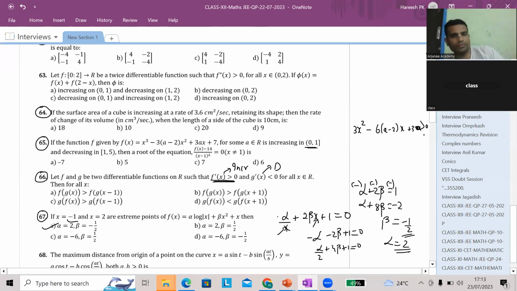Yes or no? Yes. So now when do you think a quadratic will be greater than 0? When do you think a quadratic will be greater than 0? They're saying it is increasing in 0 to 1. That means